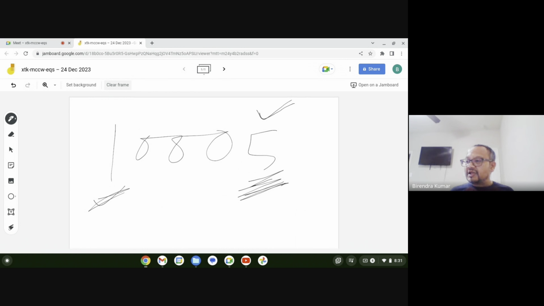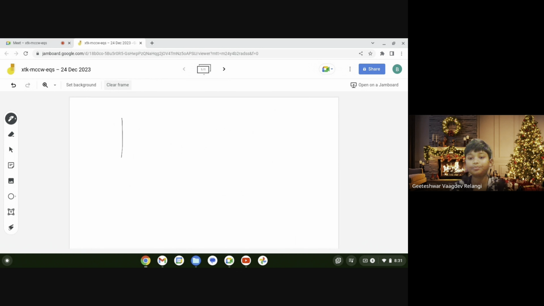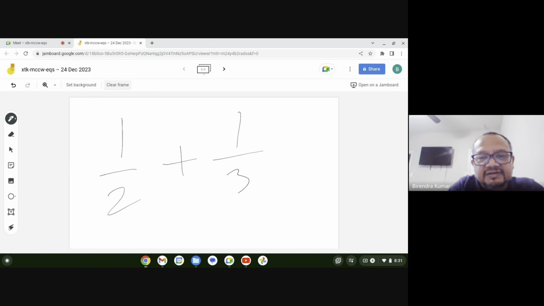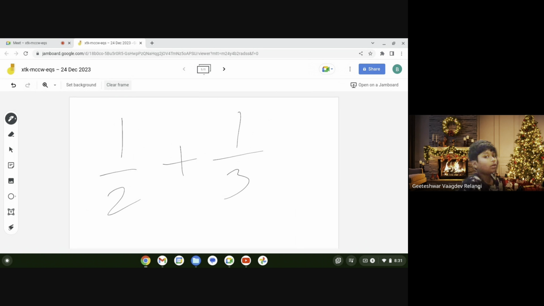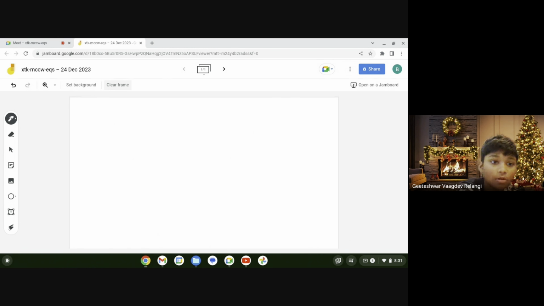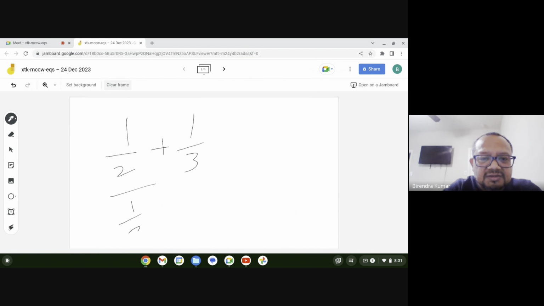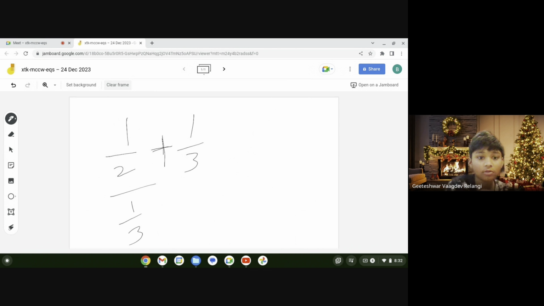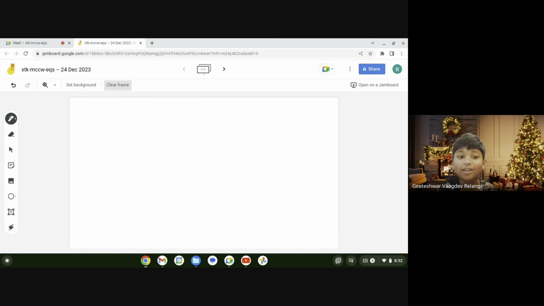Now, do you know how to add or subtract or multiply fractions? Yeah. How will you add this? I put the 1 by 3 on the bottom. No, okay. Just erase everything. Put 1 by 2. Yeah, it's there. And put 1 by 3 over. No, not like that. Put the 3 on the bottom. 1 by 3 on the bottom, like this. I'm doing plus. I'm adding. Yeah, you are. I know.